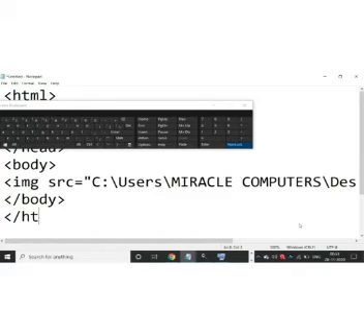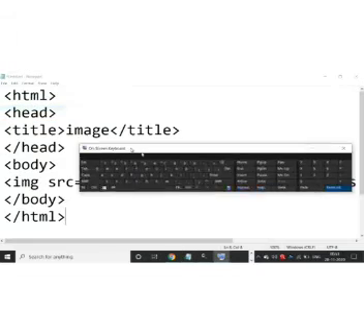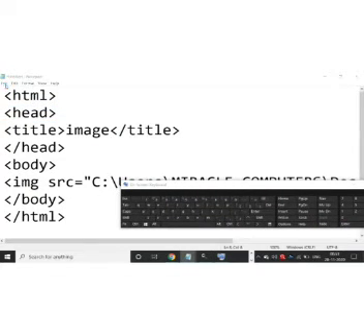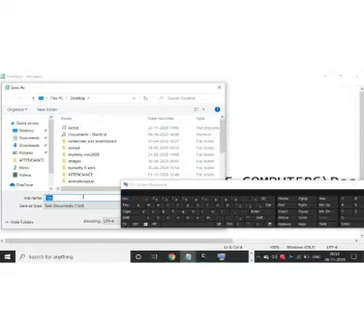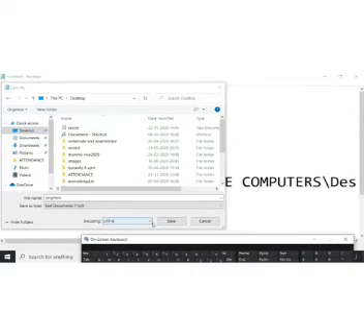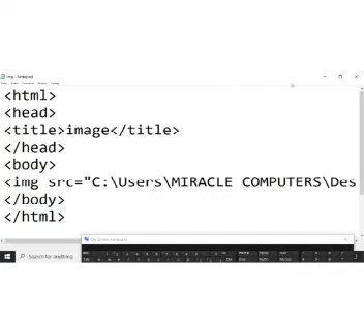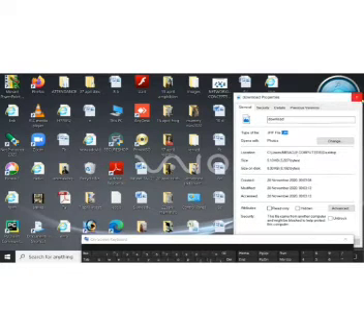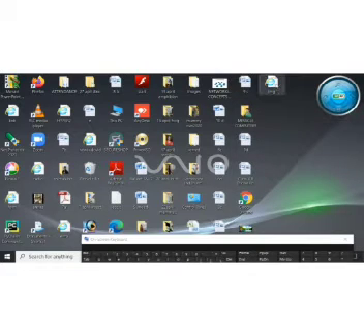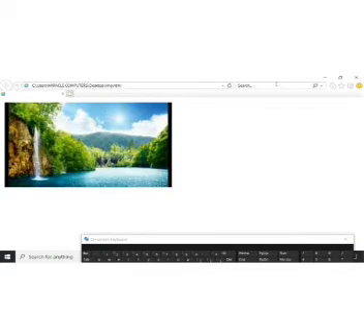Done. Now, for the first time when you want to save this page, you will click on File, and from here you will take the Save As option and save your file. Suppose I want to save my file on the desktop, I will write the name of my page with the extension .html and click on the Save option. So like this your page is saved. Now you will double click on the page and you can see the image on your page. Fine. So this is how it will look.